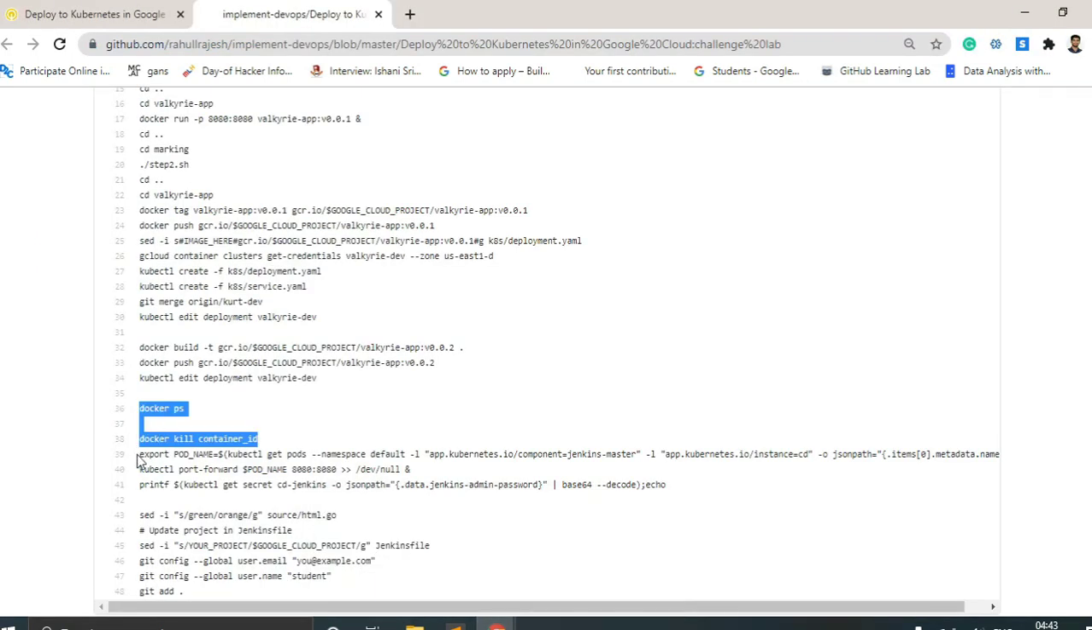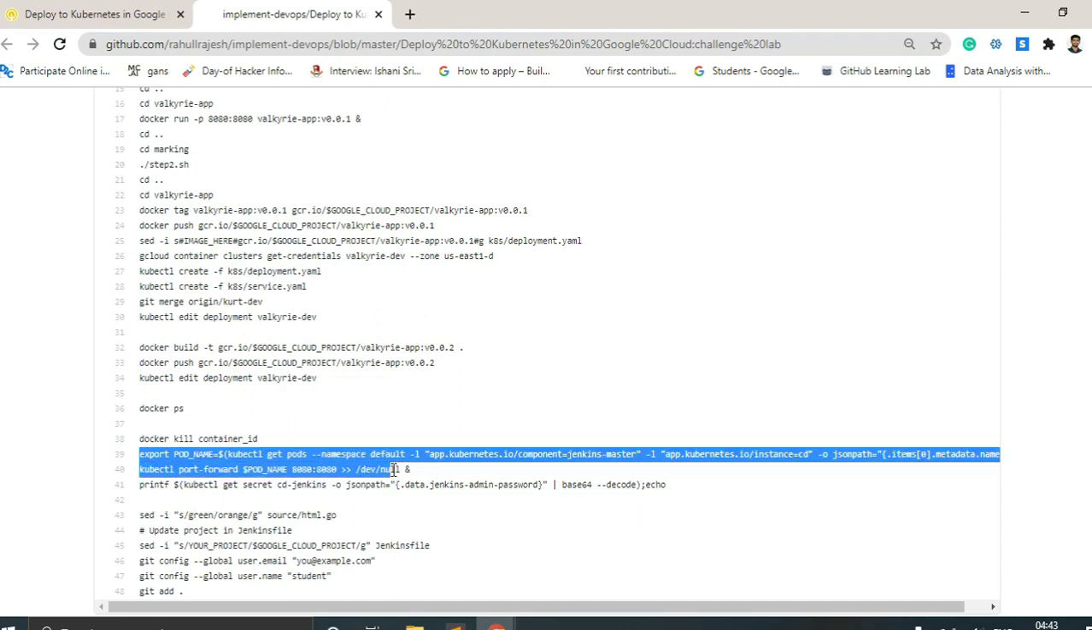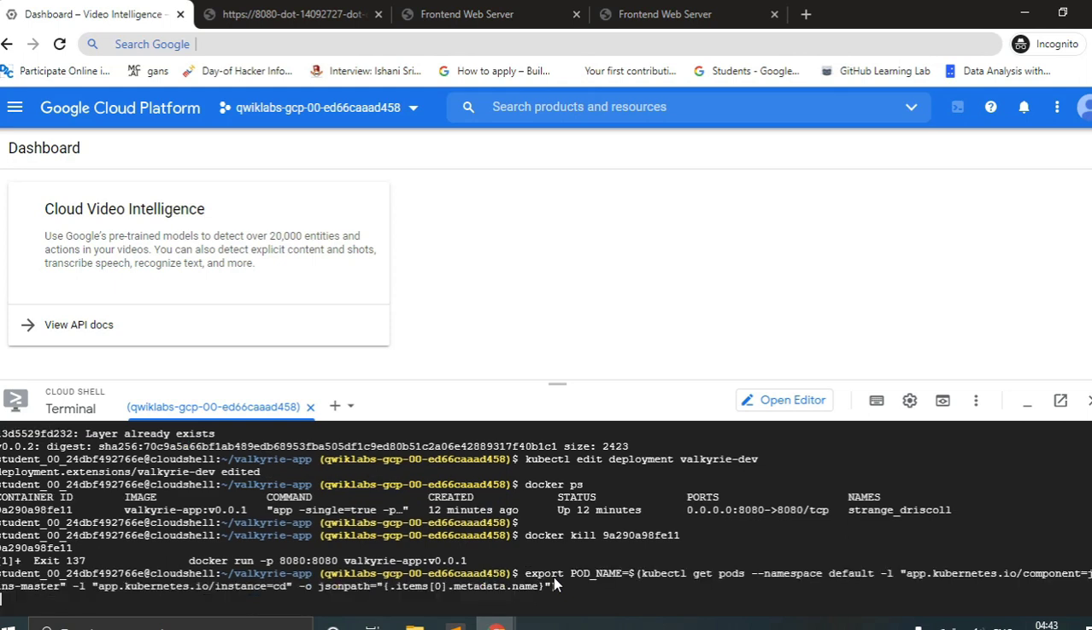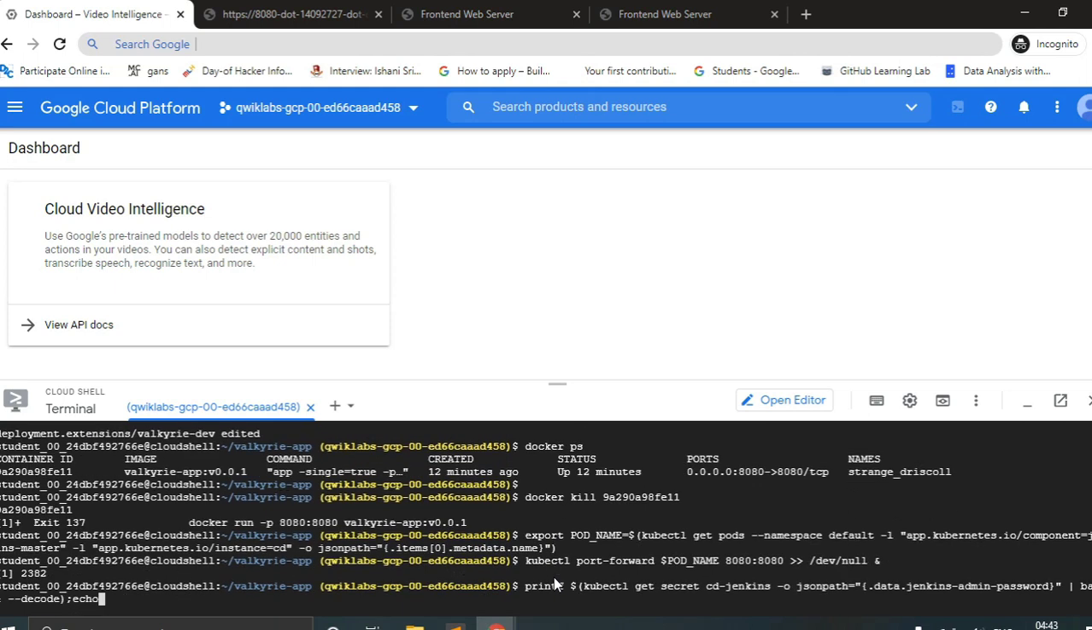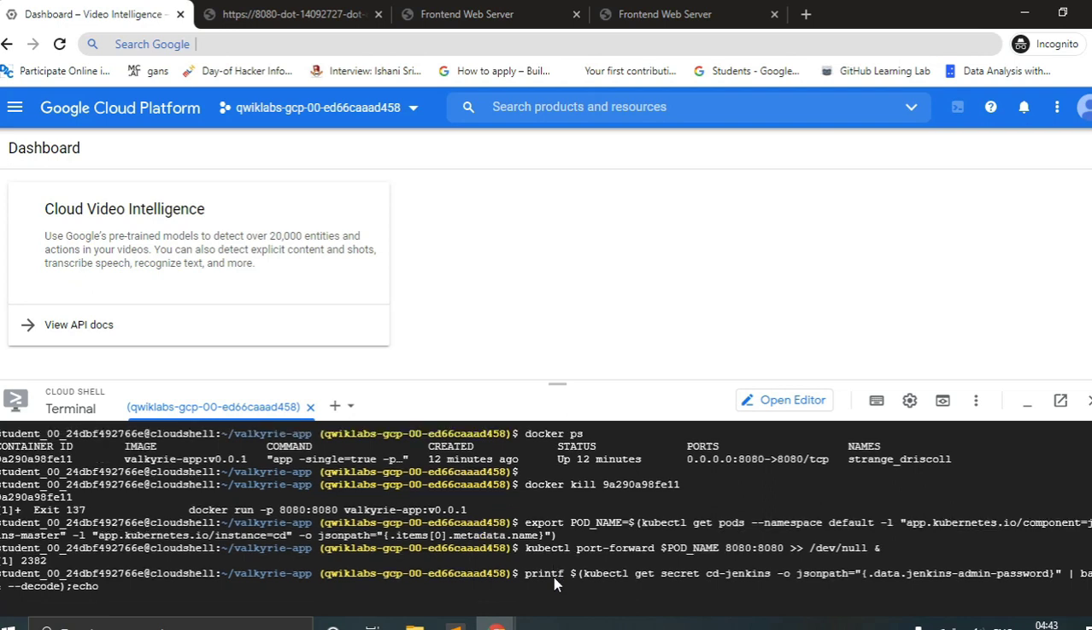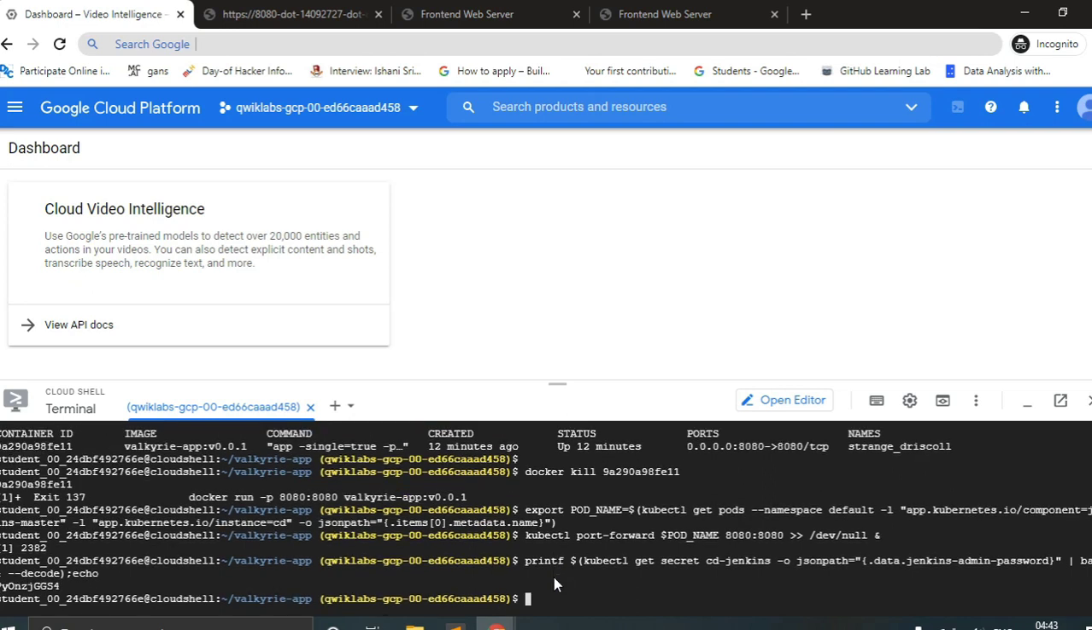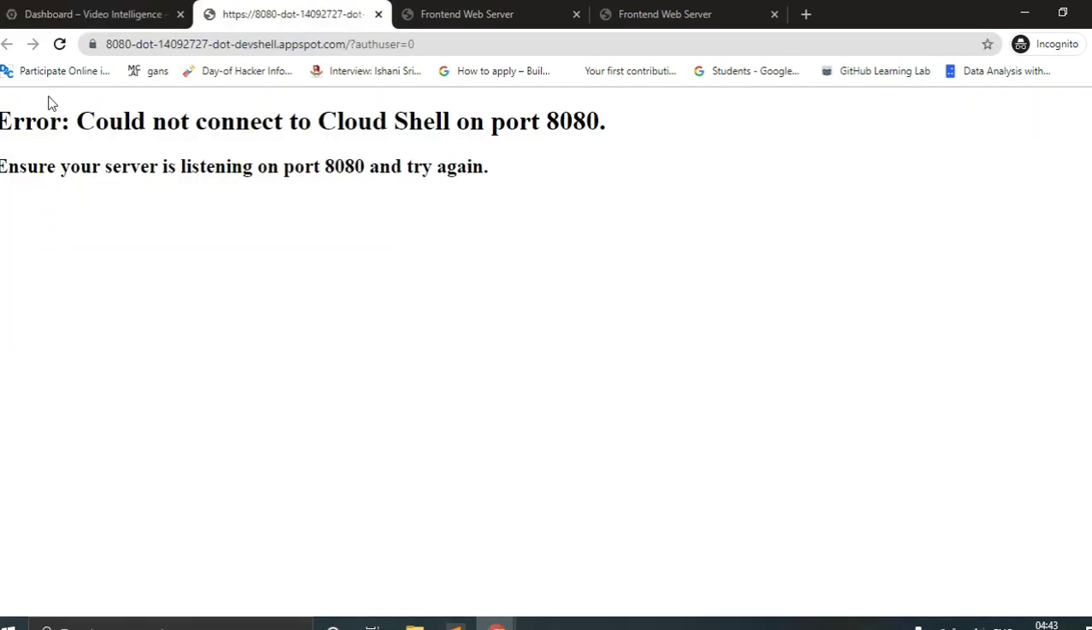After that, we can copy it till the echo. And this command will show us the password for our Jenkins server. Here I press enter to run the command, and it shows us a random password. And now we could refresh our page,